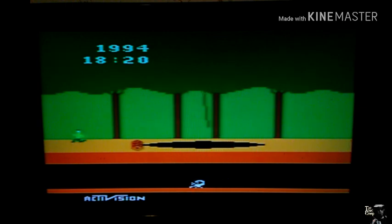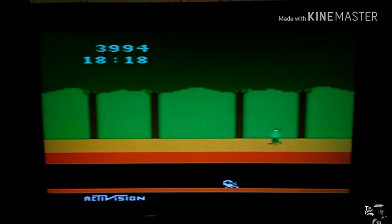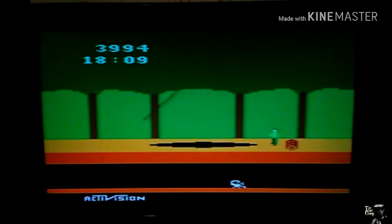Yeah, Pitfall is just one of those games. Now, it's weird because I actually associate Pitfall more with the Intellivision than I do the Atari, though I've played it way more on the Atari 2600 than I ever did the Intellivision. And that's simply because I have this weird thing where